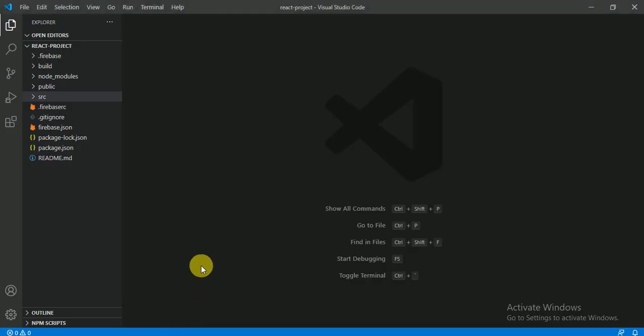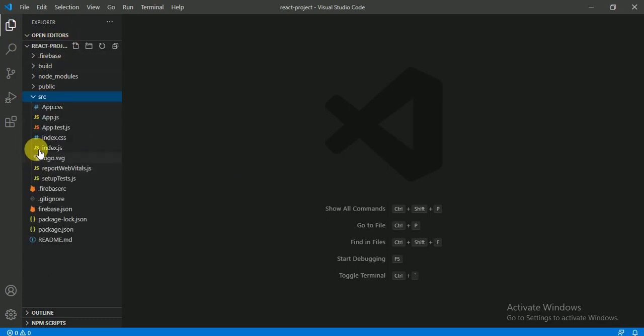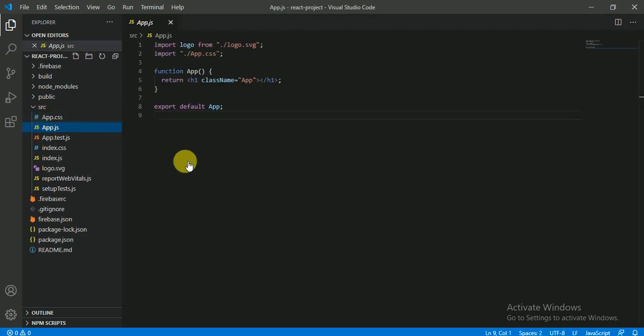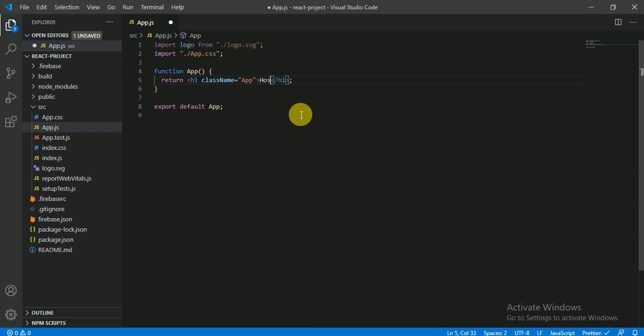Before that, I have created a React project, and in this I have a source folder and app.js, and I am going to write something here: Hosting React application into Heroku.